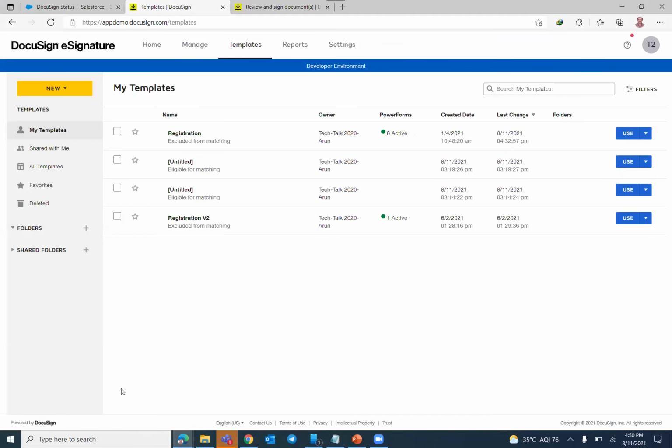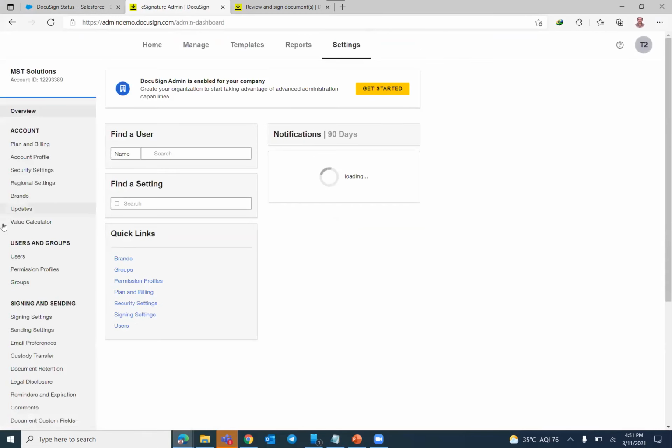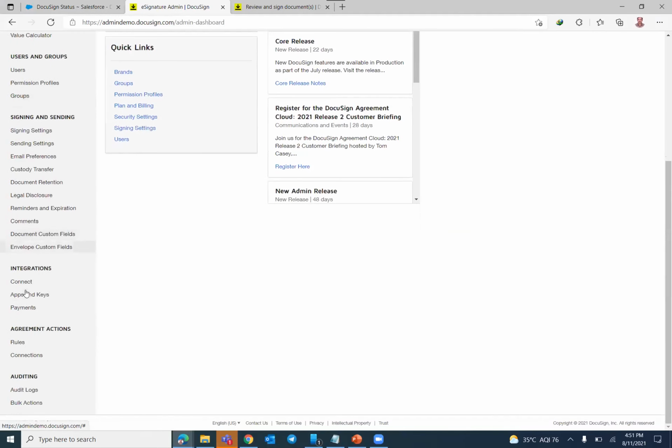In DocuSign, first we need to go to settings. Then on the left side, we have an option called the integration section.